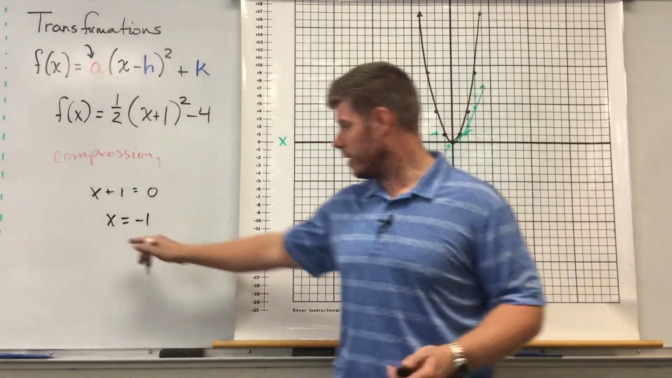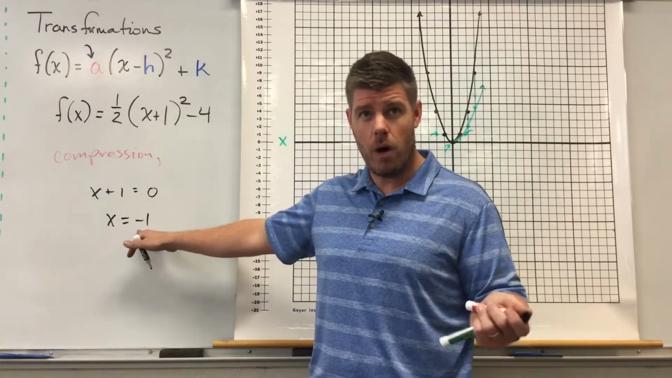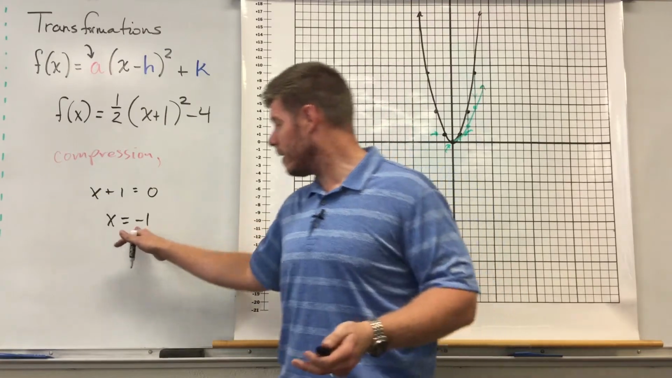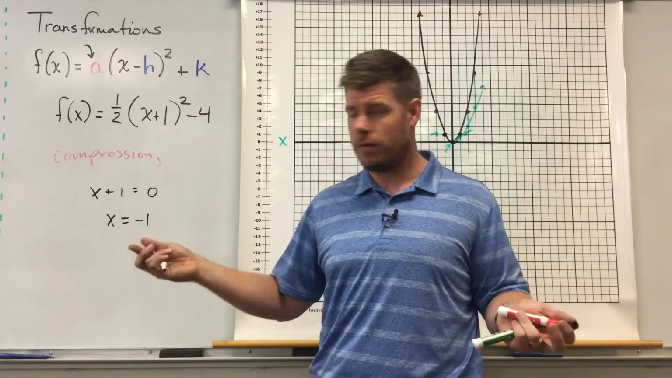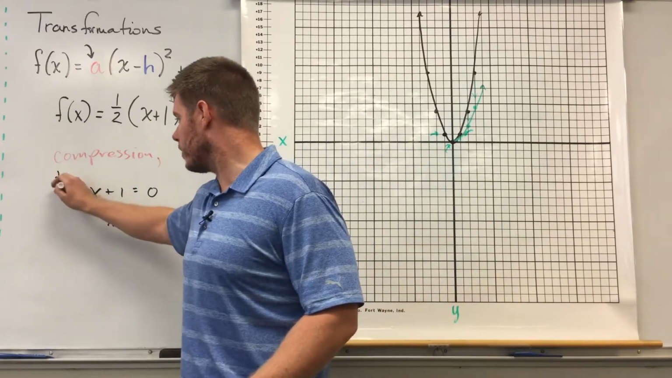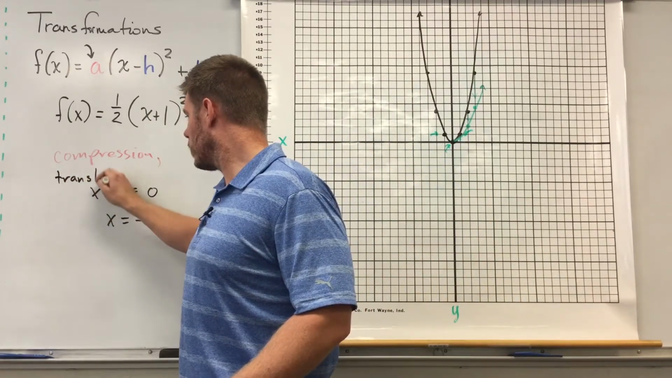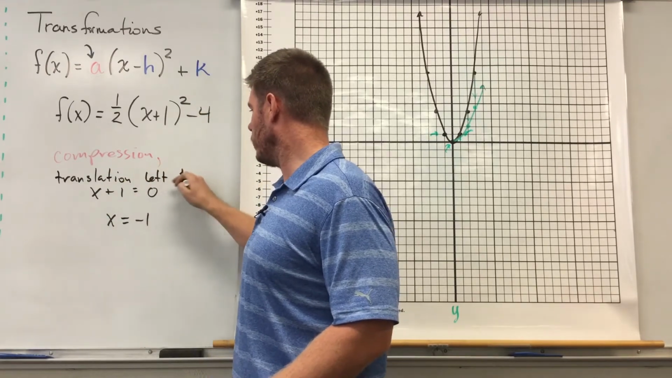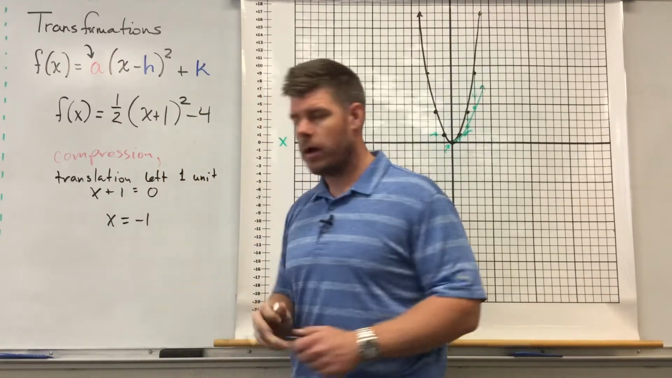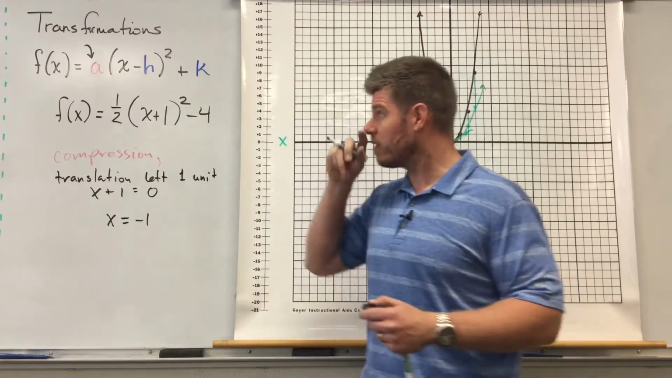So what I have here is if x is equivalent to -1, what we have is negative means shifting left, and the 1 will tell us the value of that. So I have a translation left 1 unit. And you can do this for every one, because the nice thing about something